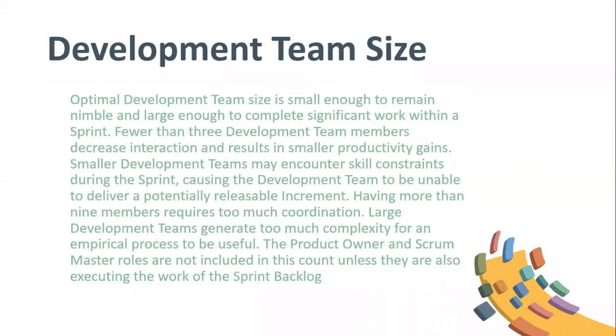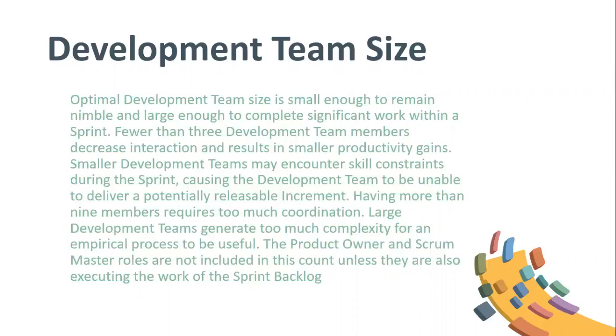Development team size. Optimal development team size is small enough to remain nimble and large enough to complete significant work within a sprint. Fewer than 3 development team members decrease interaction and result in smaller productivity gains. Smaller development teams may encounter skill constraints during the sprint, causing the development team to be unable to deliver a potentially releasable increment. Having more than 9 members requires too much coordination. Large development teams generate too much complexity for an empirical process to be useful. The product owner and Scrum Master roles are not included in this count unless they are also executing the work